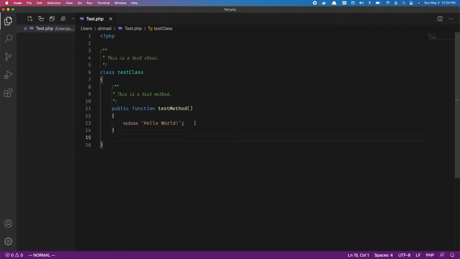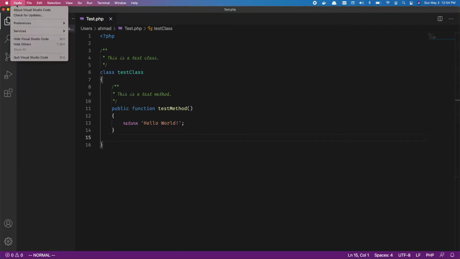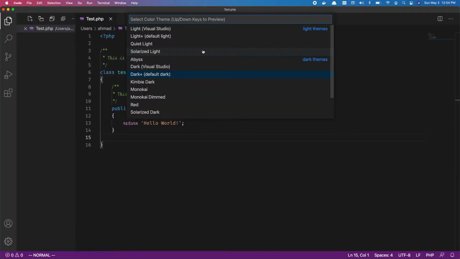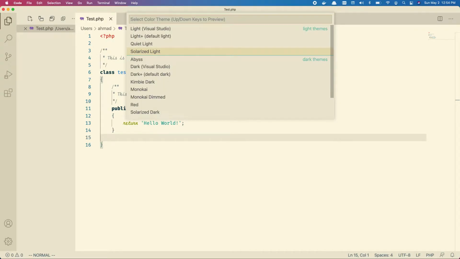In this video, I'll be showing you how to change your color theme in VS Code. It's pretty simple. All you need to do is go to Preferences and select Color Theme, and you'll see a drop down where you can select different color themes. And all you need to do is just select the color theme you like and hit enter, and that will